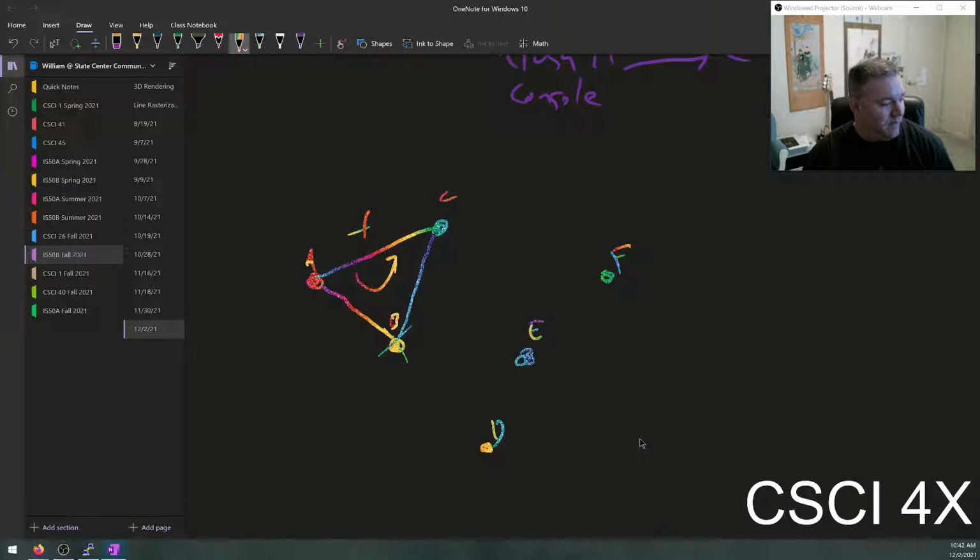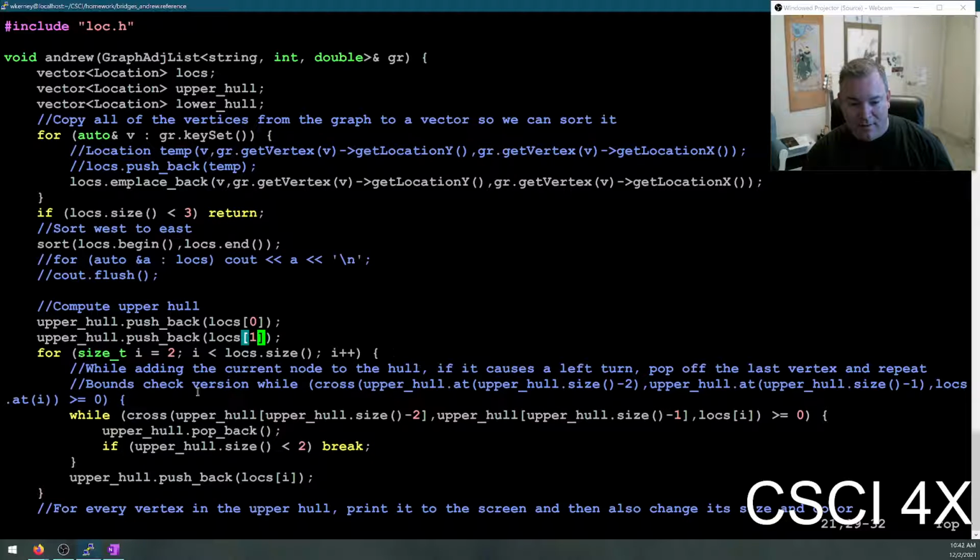All right? Is the order of parameters in cross product important? Yeah, because if you do it in the opposite direction, you'll get the opposite number. All right? So it's point 1, point 2, point 3. Those are the 3 parameters to cross product. And if you do it in this order, point 0, point 1, point 2, if you get a positive number, that's a left turn, and then you have to pop this person off the list. So while the cross product is positive, I just delete the person off the